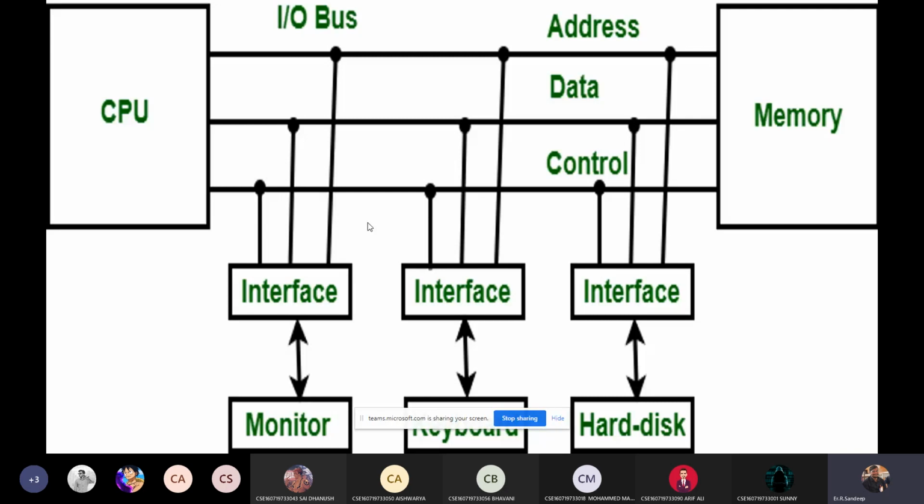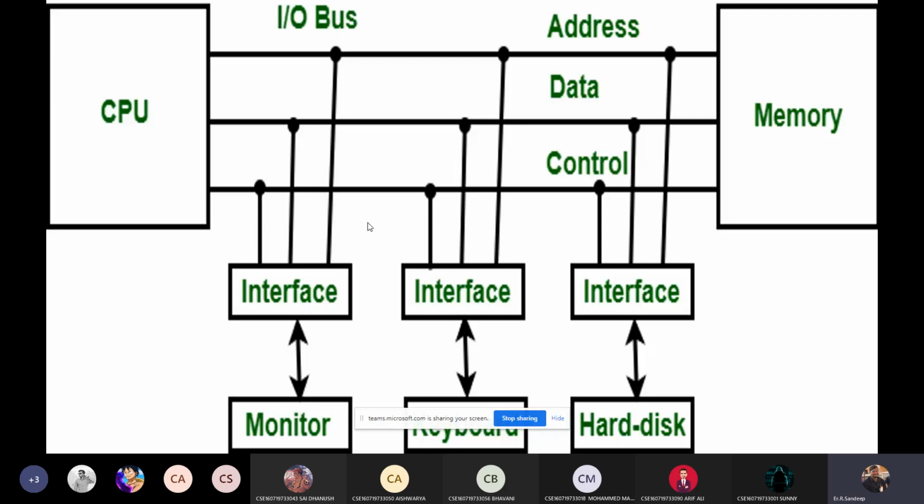When we are talking about the bus, there is the system bus. The system bus is responsible for carrying three types of data: data bus, address bus, and control bus. The data bus is responsible for sending the data, the address bus is responsible for sending the memory address, and the control bus is responsible for issuing the control signals, for example read, write, and fetch, decode. So different kinds of signals are issued as control signals.